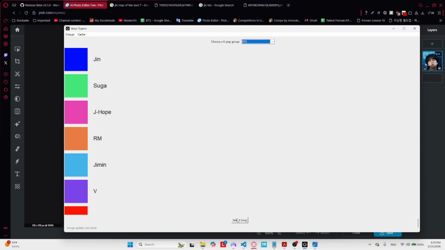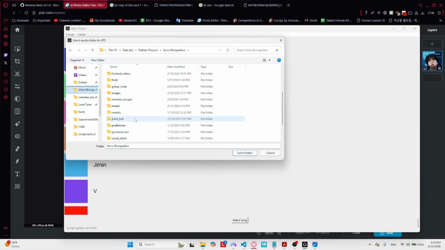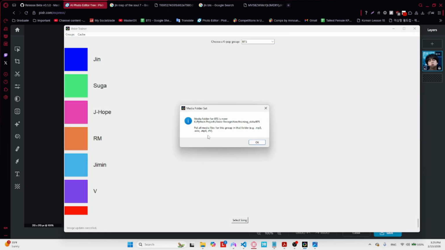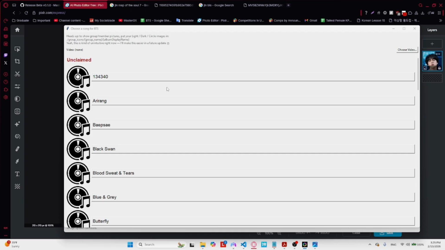And next step, you can choose the media folder. And I already have a lot of data for the BTS songs. I just have it organized, but you can do whatever you want. And you can press select song. And so as you can see, every song is originally unclaimed, meaning that you can assign albums, which means if